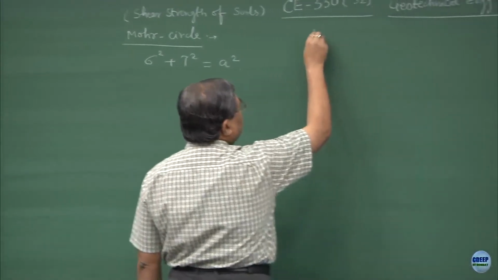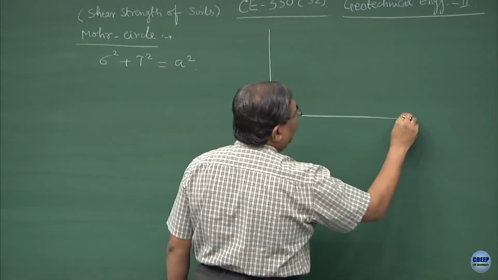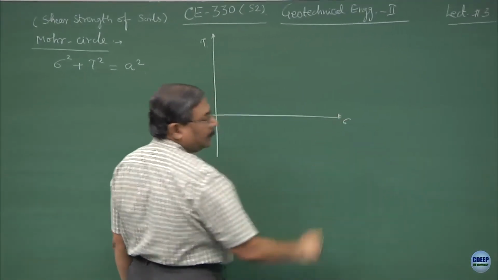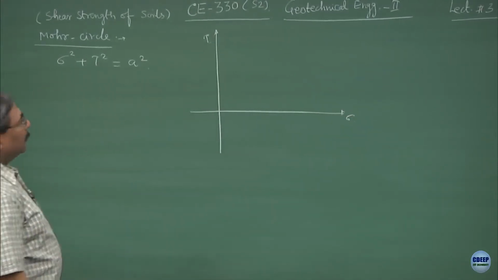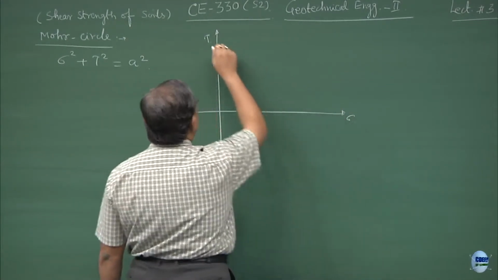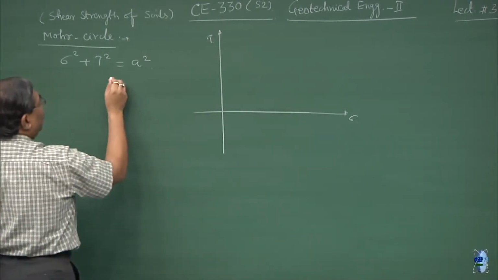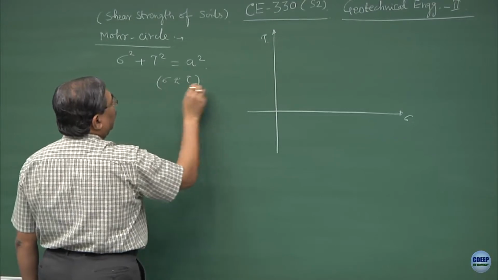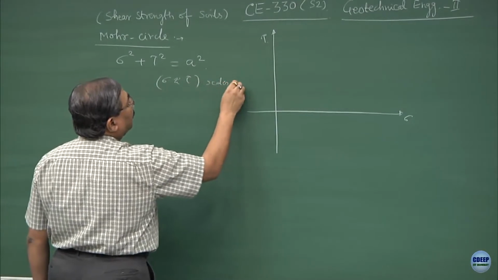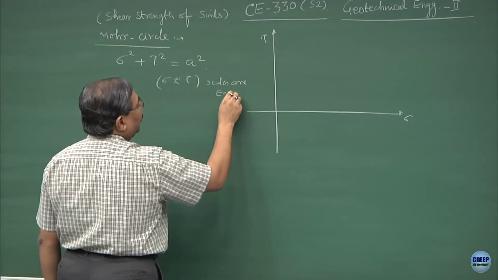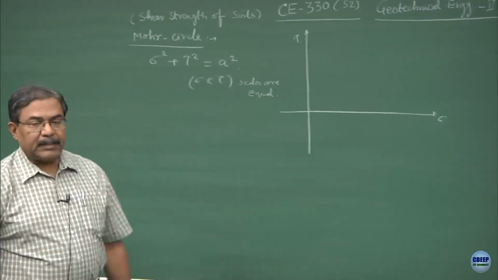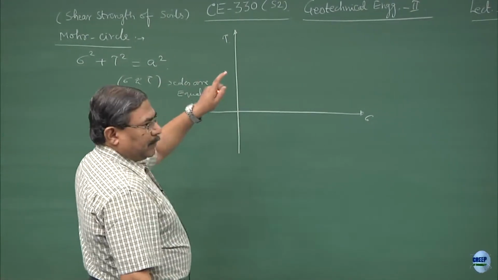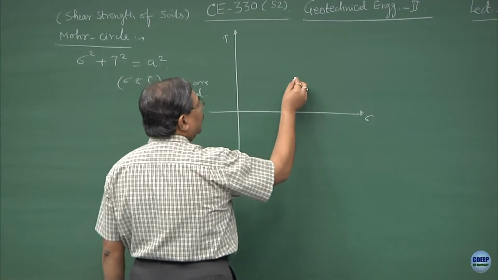Now the interpretation of the results is like this: if I put the sigma and tau scales as equal, alright, so sigma scale and tau scale are equal, this is very important to remember. The whole analysis depends upon the fact that sigma and tau scales have to be same. So this is the circle which you get,